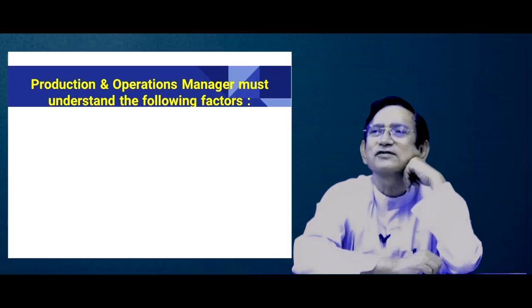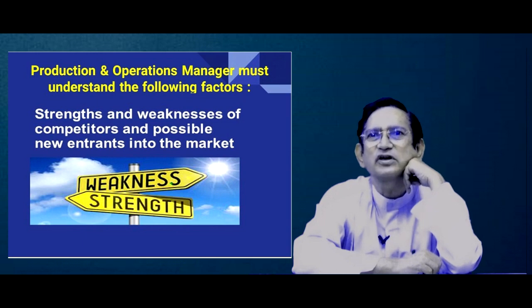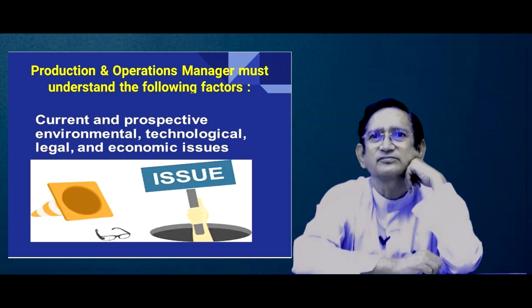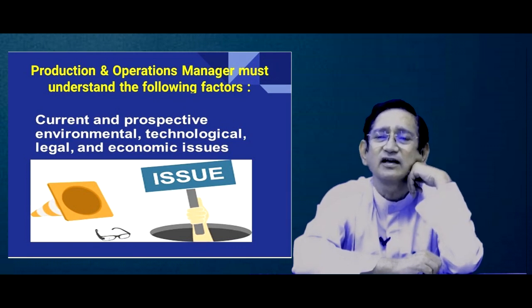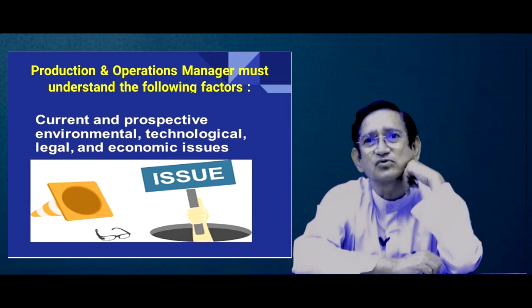Production and operations managers need to understand the following factors: strength and weakness of the competitor and the possible new entrants into the market, current and prospective environment, technological, legal, and economic issues,